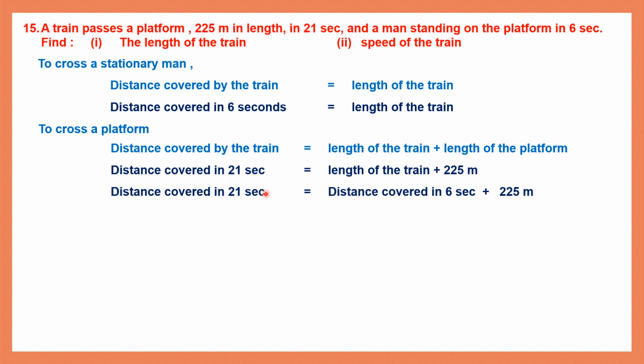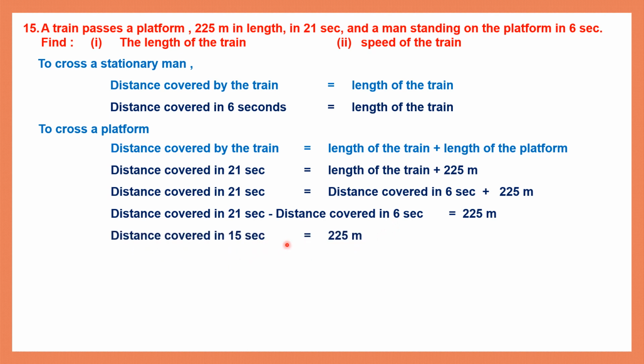Now I'm going to transpose this from the right hand side to the left. I'm going to bring it to the left because both are about distance. So when I move it to the left, it becomes subtraction. From addition, it will change to subtraction. So let's write that. Distance covered in 21 seconds is written as it is. This I have moved here, so it's become subtraction. Distance covered in 6 seconds is equal to 225 meters, remains the same. So distance covered in 21 seconds minus 6 seconds, minus these two. 21 minus 6 is 15. So distance covered in 15 seconds is